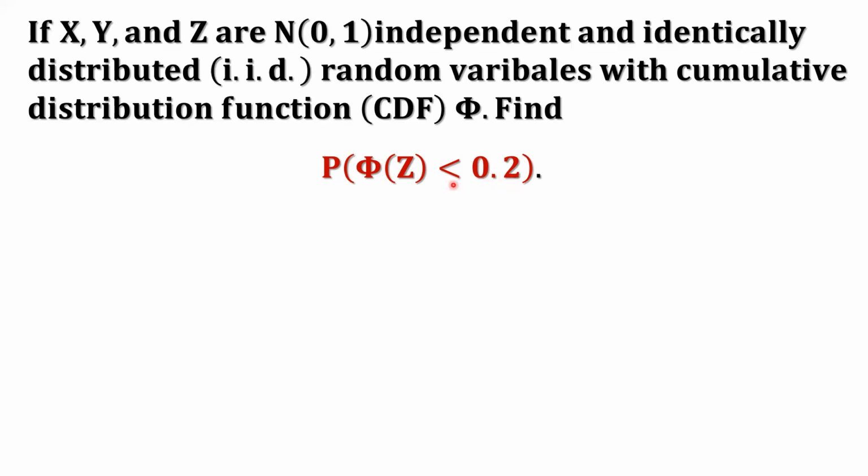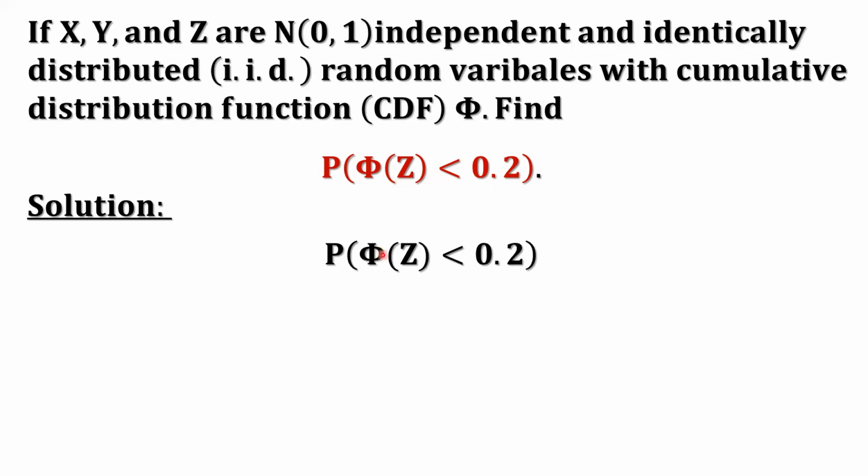Now here, what is the distribution of this? Looks like we don't know. So how can we find the probability? Look at here, inside the parentheses, we take the inverse function on both sides of the inequality. Because the CDF function is increasing, you keep the same order when you take the inverse. So take the inverse here. Now we have a random variable here. That's the inverse function of the CDF.